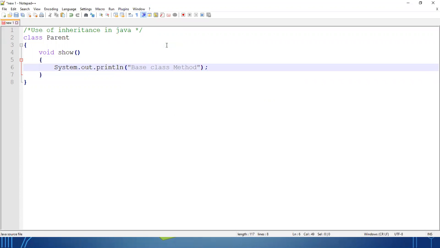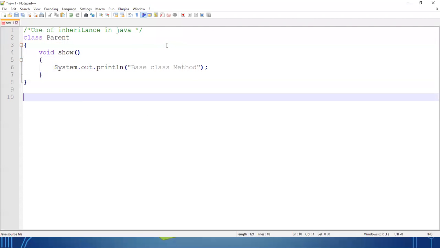Base class method. We'll define another class,